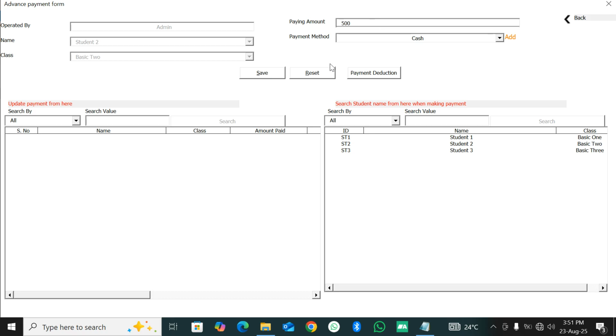Okay, so you click on save. It means that this particular student has a balance of 500 with you, the school, which he or she can use to pay for anything else in the next term or even within that same term. Once you save it, and maybe in the next operation you want to use that 500 to pay for either books, or the next time you want to use that 500 to pay for fees, you just